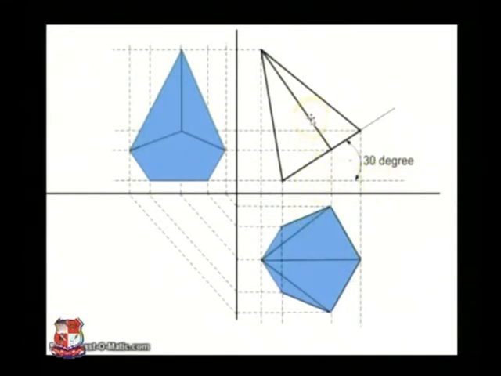So you start with the front view first, then the top view, and then you extend all these lines from this top view and from this side view. And once you extend all these lines, you draw this pentagon here, because this will give you the size of the pentagon: this edge and this second edge will give you the height of the pentagon, and this one will give you the width of the pentagon from this end to that end.